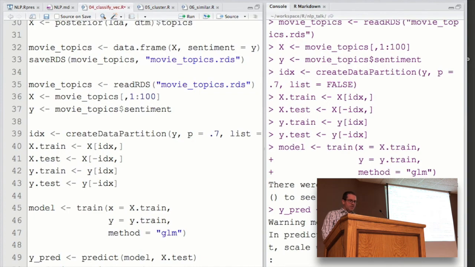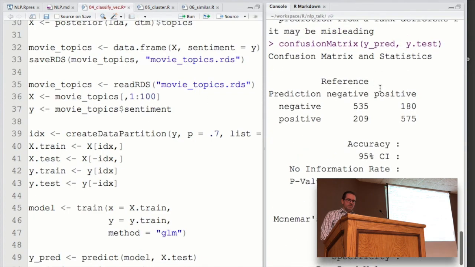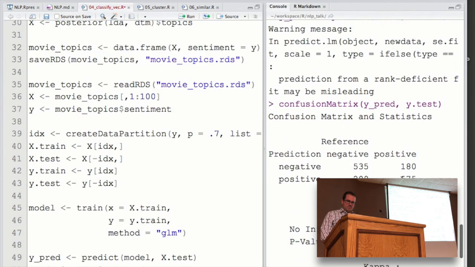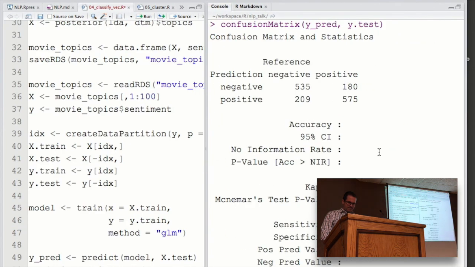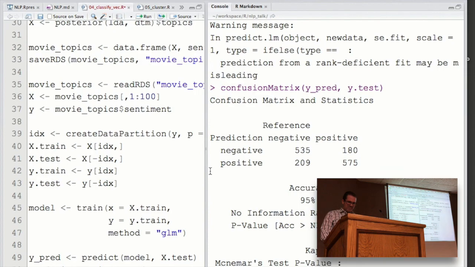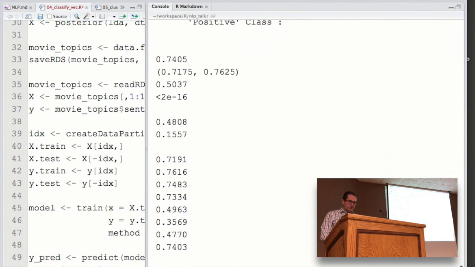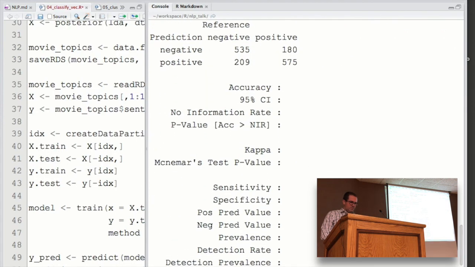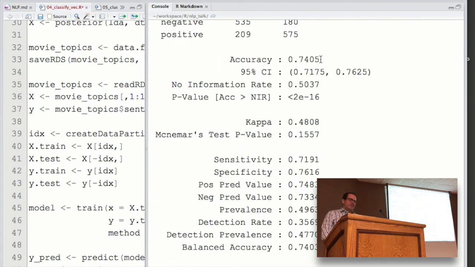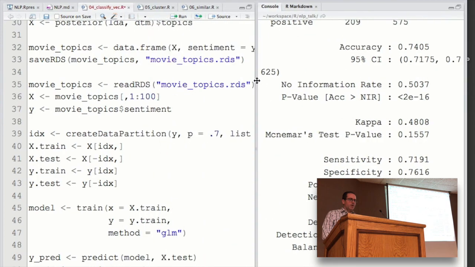I'll do prediction on those topic models, spit out the confusion matrix, and you see where did it wrap? You did like a logistic, good or bad. Why is it not showing the accuracy number? Oh, it broke it down to here. So it's just because of the wackiness of the resolution, but let me try it again. There we go. So it's 74% accurate at guessing the sentiment of the review. It's a 0 or 1, which again isn't great. The point isn't here. We're not hyper tuning a model.